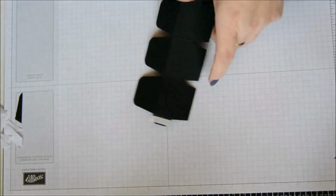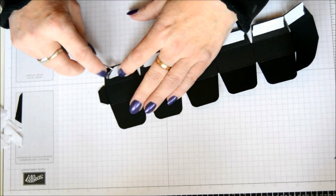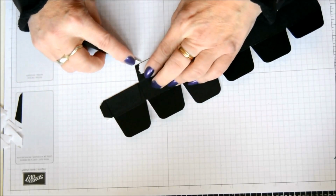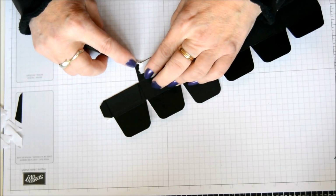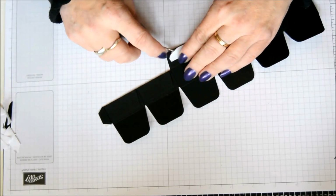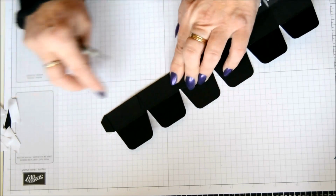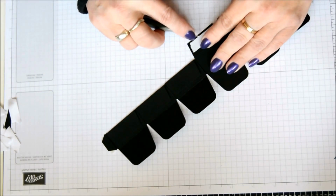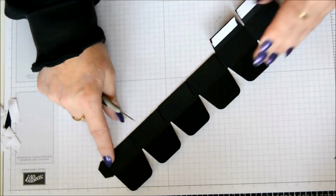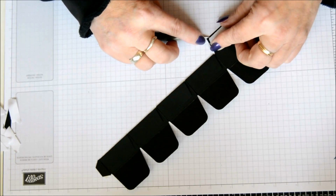And again, do exactly the same as you did before, taking your backing paper off your sticky strip, or if you're just using Fast Fuse, just fold them straight in, the same as if you're using Tombow, just pop them straight over. I always start from the end nearest the tab, simply because I'm going to save this tab for when we fold it over, and that covers the tab